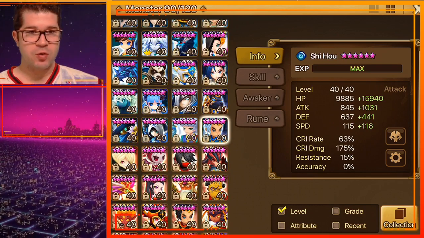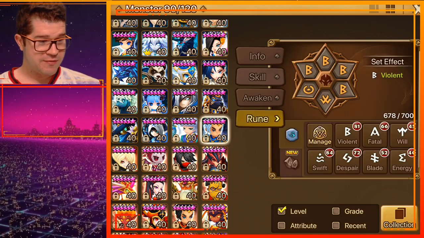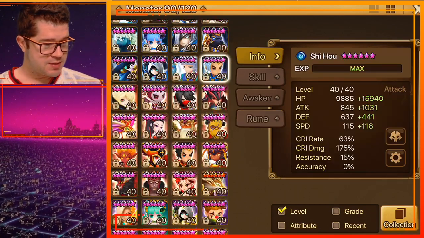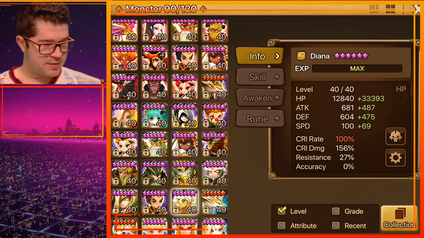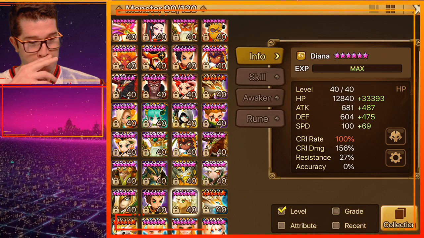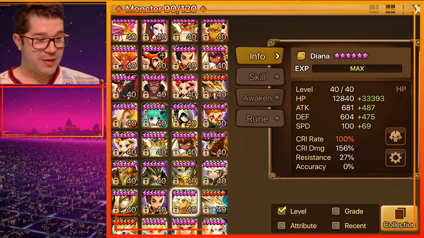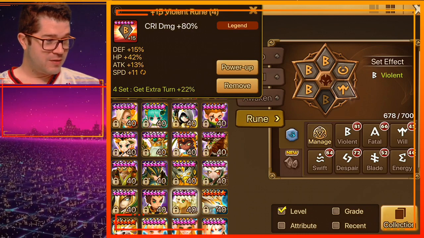A little slower than you would want for RTA, but it's PvE, so I think it's fine. Good, I think really good damage, pretty good survivability on Violent. My Diana is, I think, in my mind, really well runed. 45k HP on crit damage is not easy to do, and it kind of comes down to this rune that